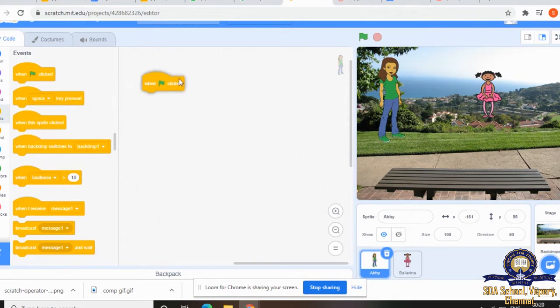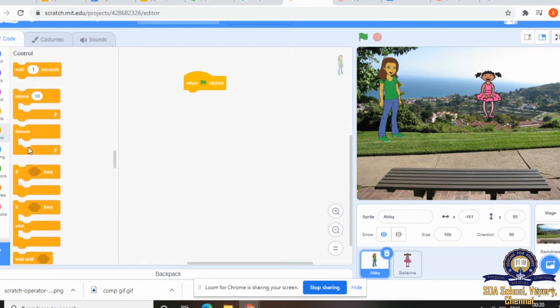Event, when clicked. Then next we'll go to control. Not forever, we'll give repeat.